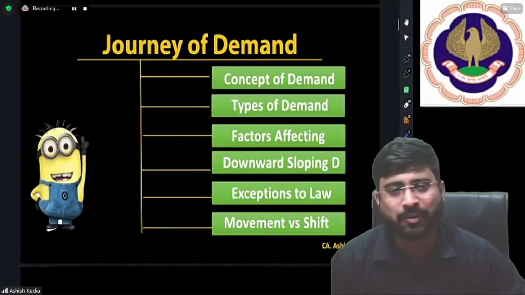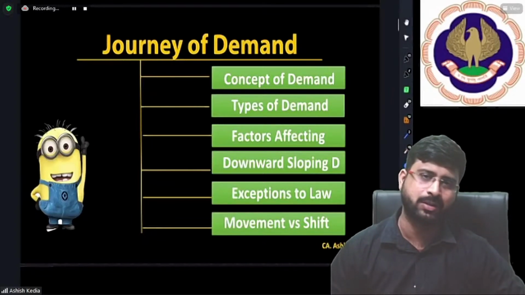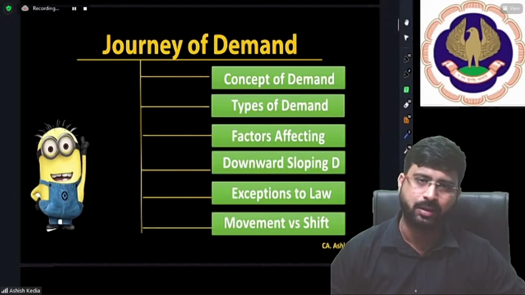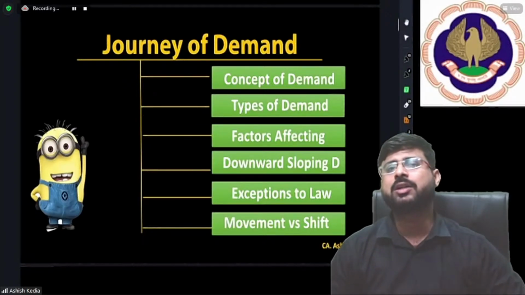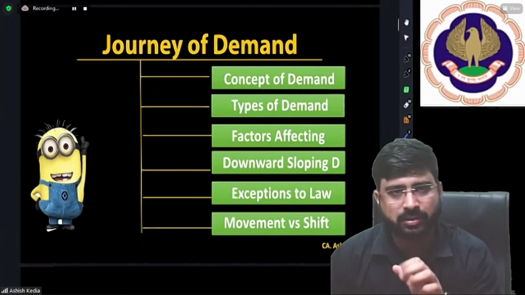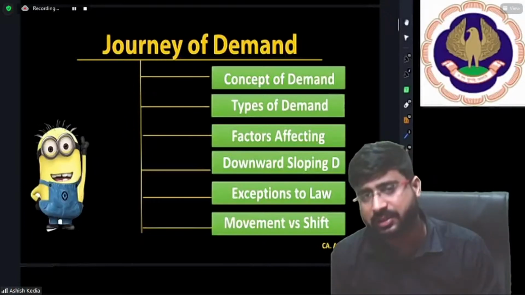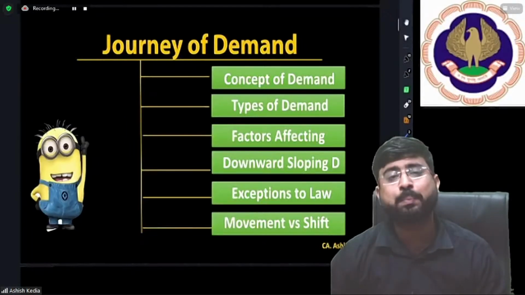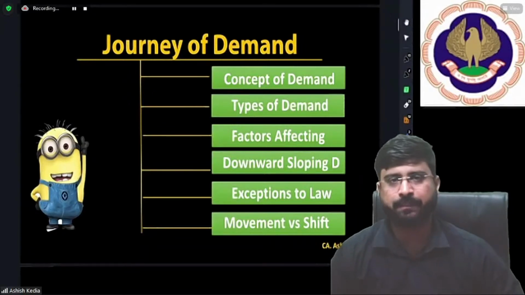Hello guys, hello everyone. So today we are on to our second chapter, part 1, which is demand. My dear friends, if you talk about the composition of this chapter, this chapter is divided into two parts. Number 1 is demand and the second part is elasticity of demand. But before I begin the discussion, I'd like to tell you one thing and please remember that when we